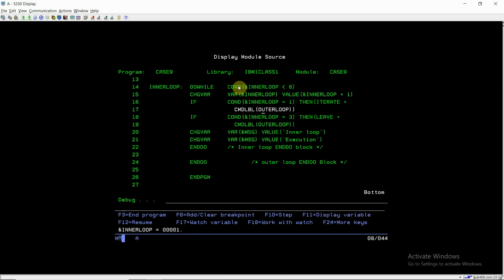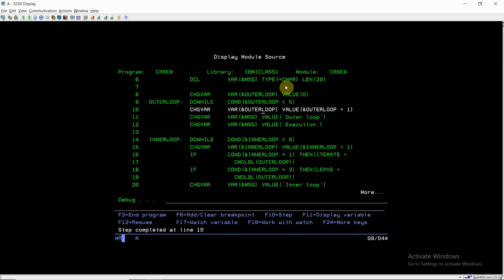So it will skip the processing of the inner loop from 1 till 5, because it is less than 6. For outer loop value 1, the inner loop execution will skip for all the values. So here we can see that all the skipping has happened.